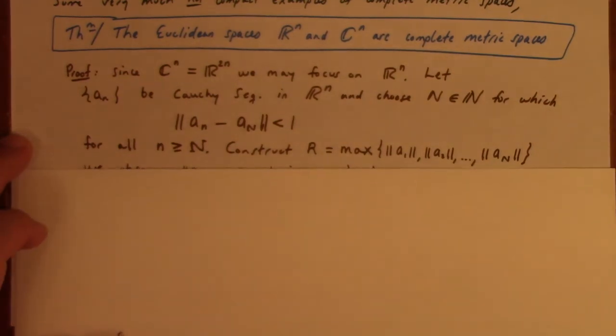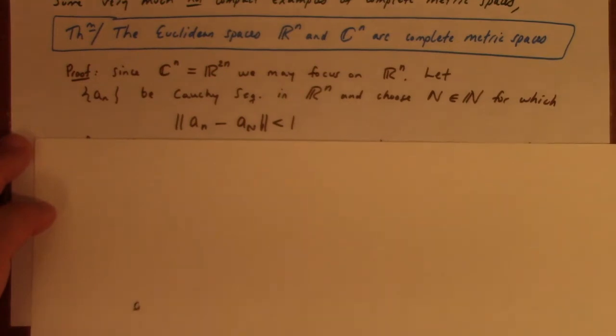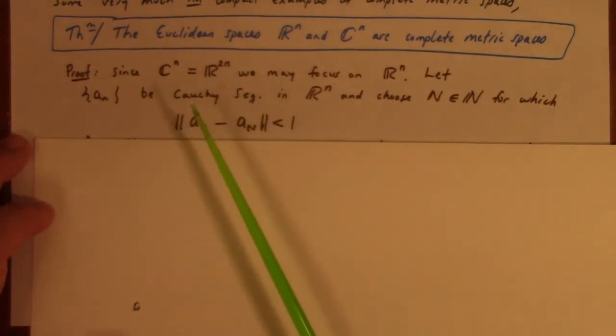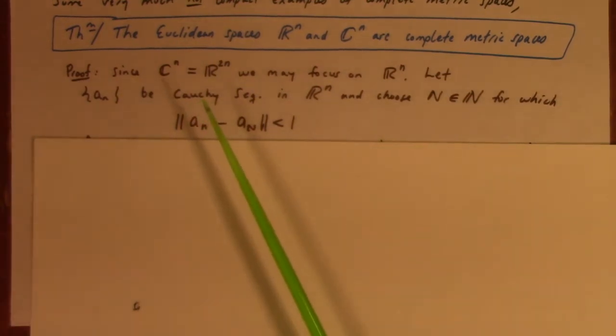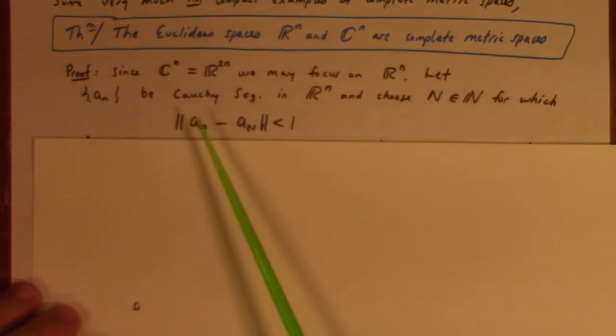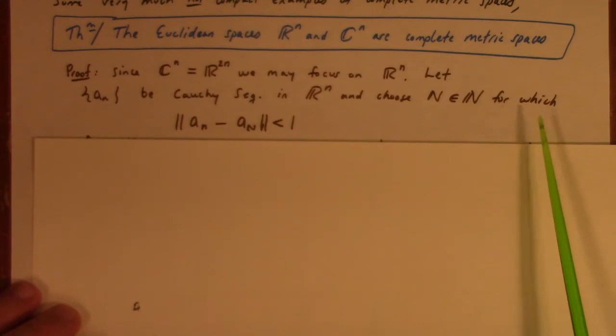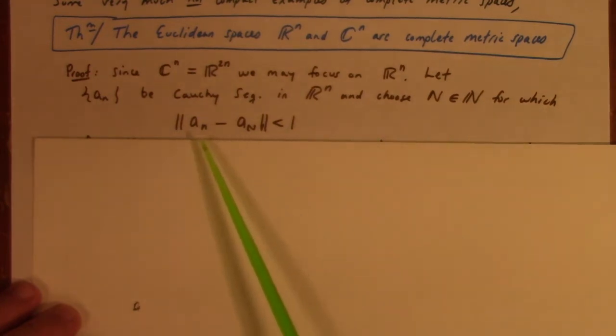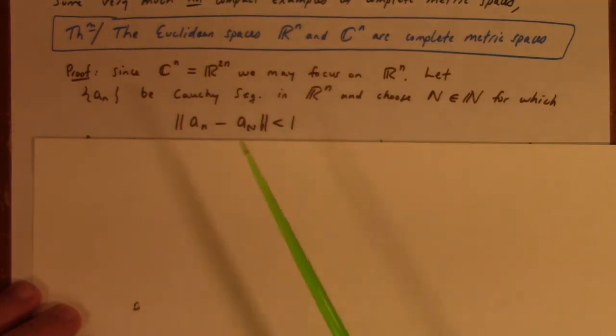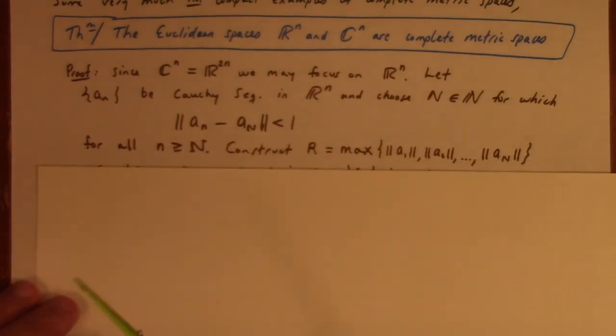Here's the proof from Minetti. I'll just echo it here. So we'll focus on Rn because C^n is just R^2n, right? You can identify it as such anyway. Euclidean space. And let's see here. So take a Cauchy sequence in Rn and choose N such that for n beyond that point you have distance less than 1 for all n bigger than N, all right? So we can do that because it's Cauchy, and then he says construct R to be the max of the